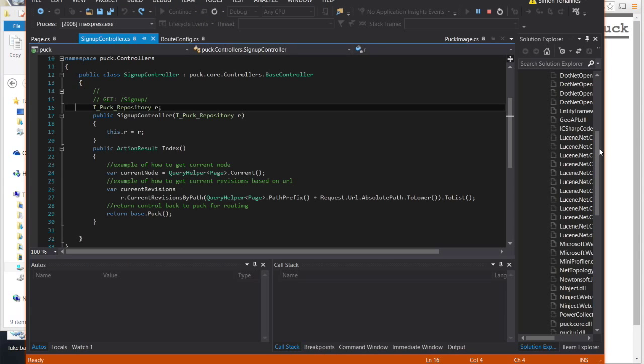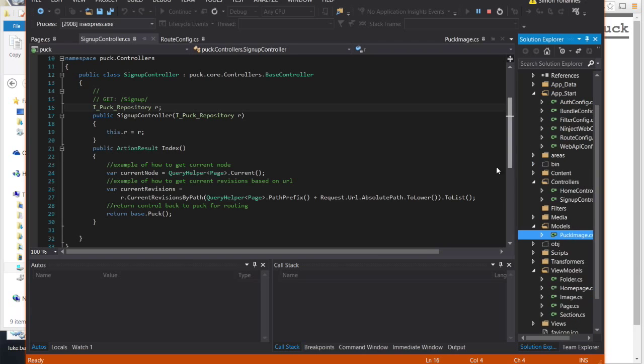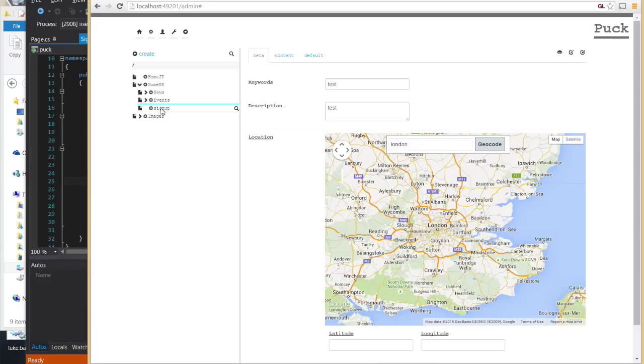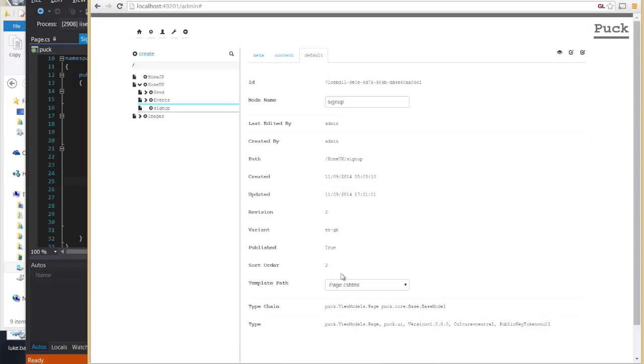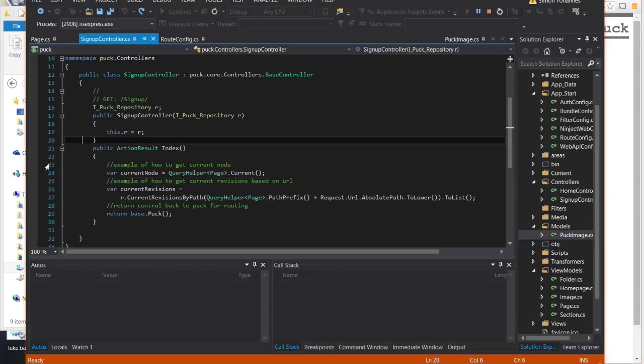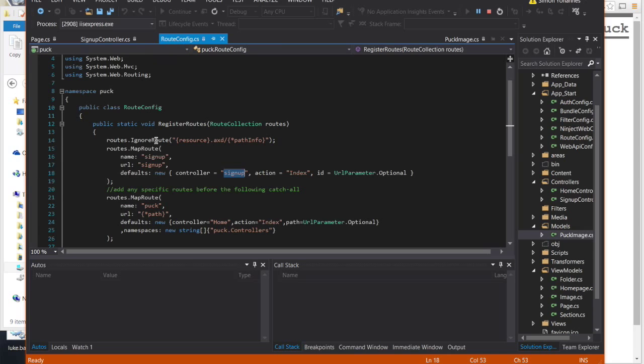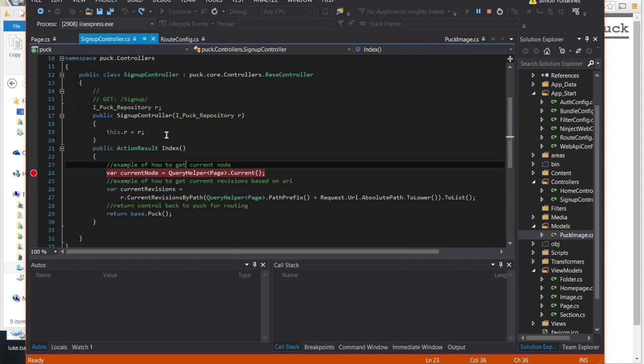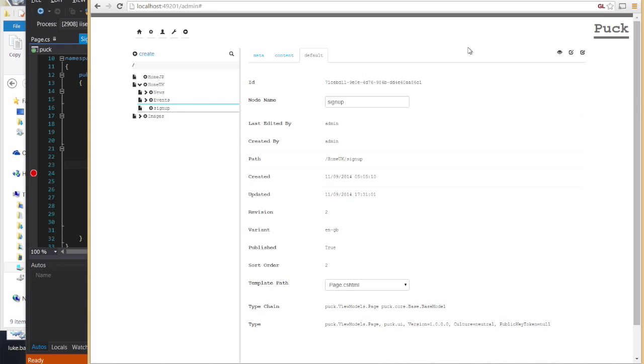Okay, so here's the sign up controller that we talked about earlier, and here's the page for it. By default, this has a template page CSS.html, but because I've set up a controller and a route as well, it hijacks it. So this is the sign up route, and it should now, if I try and view this,